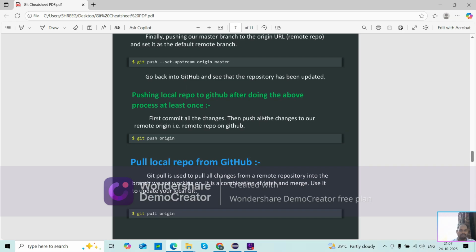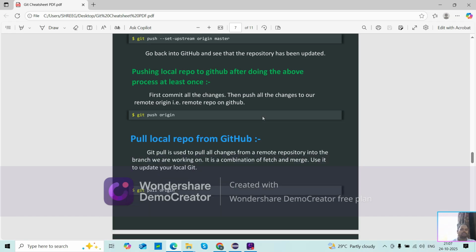Pushing the local repository to GitHub after doing the above process at least once.